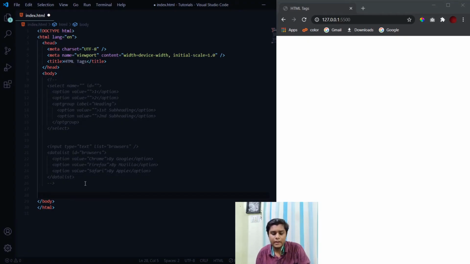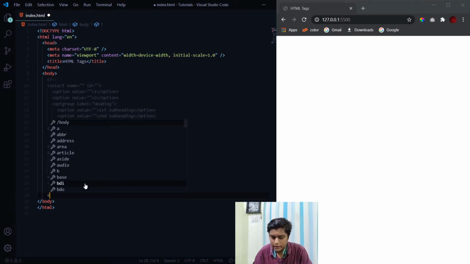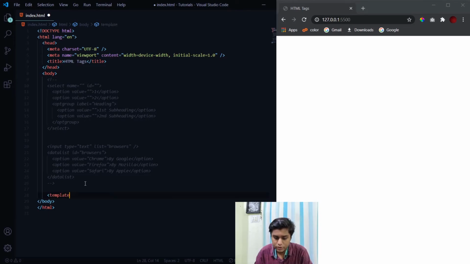So the third tag is the template tag. It is a very unique tag. This is not a tag which will show any changes in your output, but is very useful in another kind of way. Let's see how we can use it. So now inside this template, whatever I write won't be visible to you in the browser. Let's say I write welcome to CodeGrind,